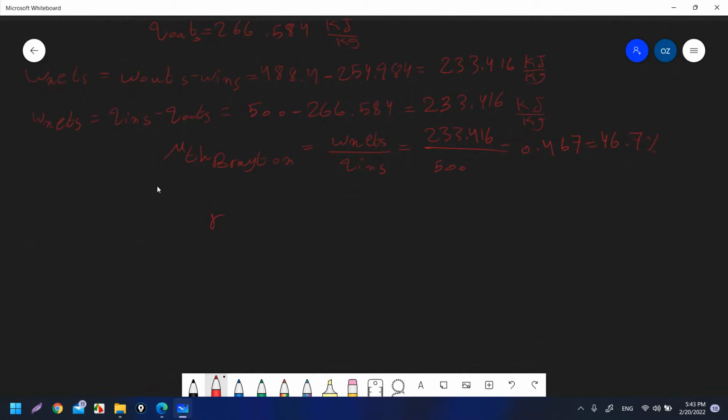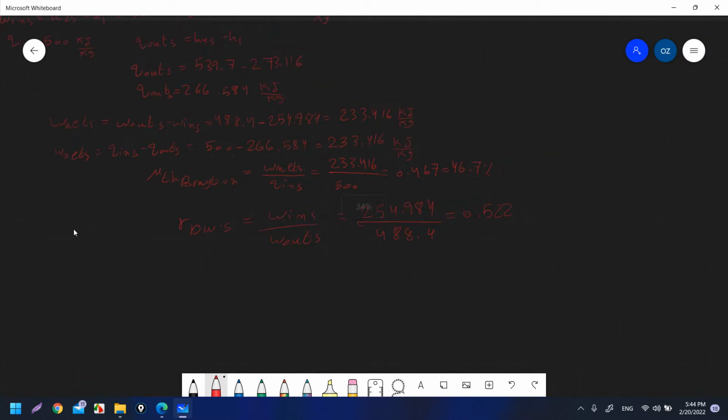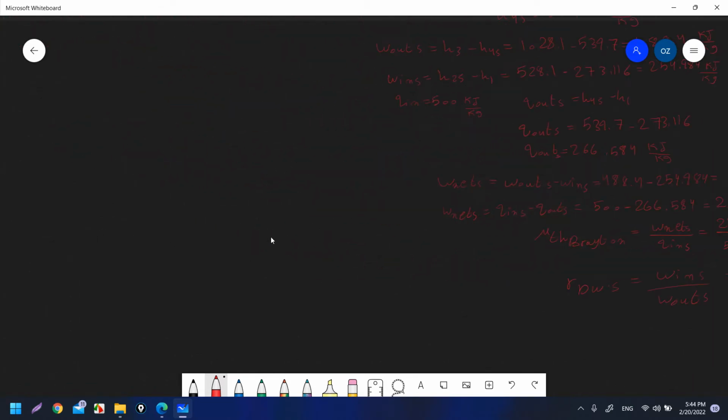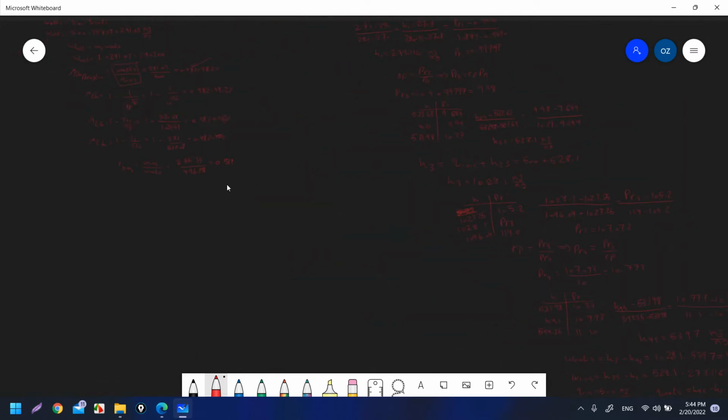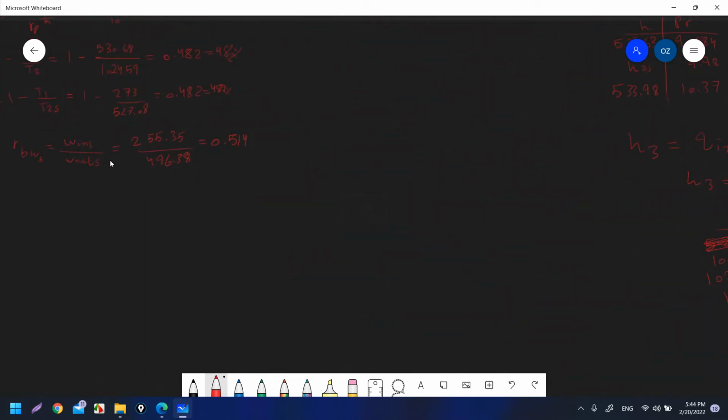Okay, so if he asked you about the back work ratio, it will be equal to W in S over W out S. So W in S is 254.984 and W out S is 488.4. So it is equal to 0.522. Okay. And as you can see also, this one now is higher than the one in the constant specific heat,